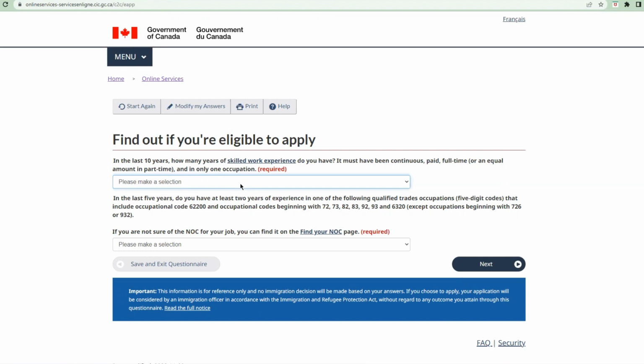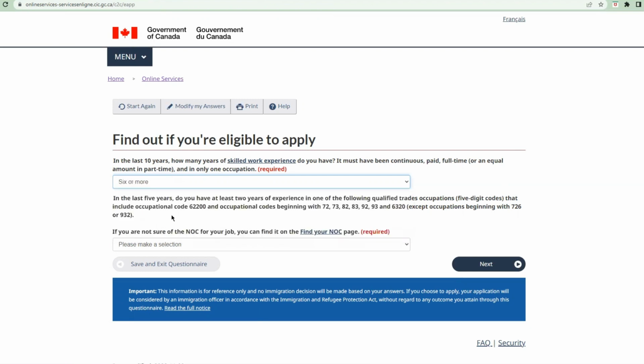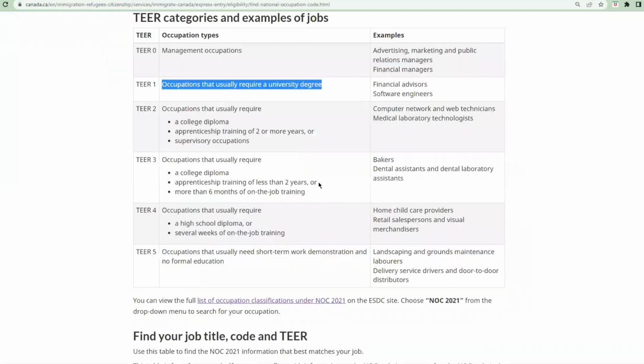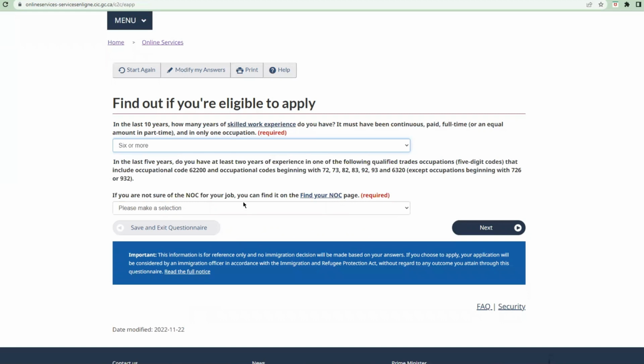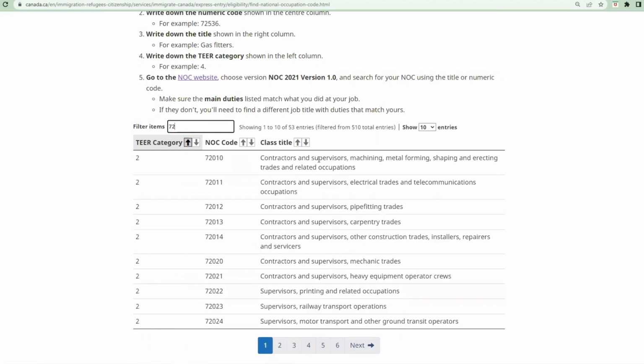Okay, all right. Remember, the higher you put here, the better. So I'm going to go with the higher. Let's say 6 years or more. So for the past 10 years, you've been an accountant for the past 6 years. Okay. If you are not sure of the NOC for your job, you can find your NOC page. That was what I was trying to show here. So you can search with the NOC code, or you can go with the